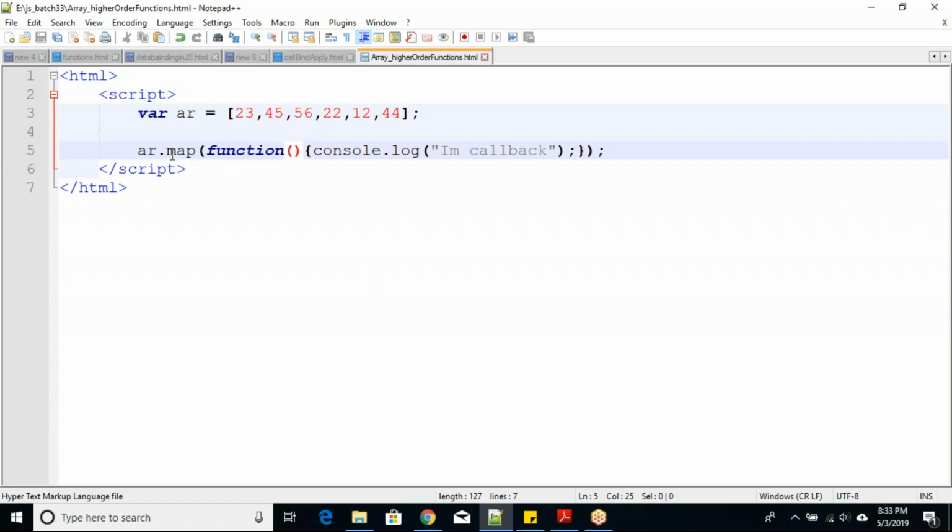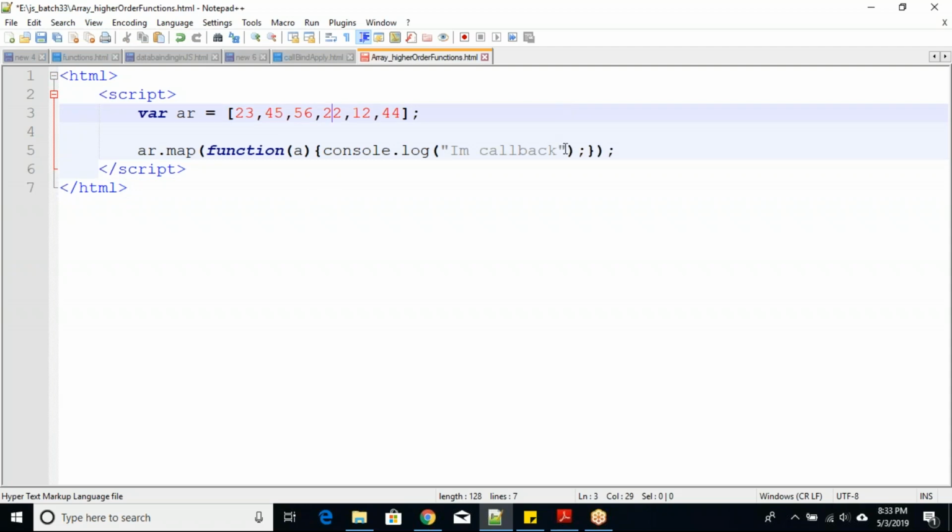Whenever this map function calls a callback function, it will also pass the respective value for which the function is getting called. Let us take a as the first argument. So a will have 23 for the very first time, then 45 the second time, then 56 the third time, then 22, like that.